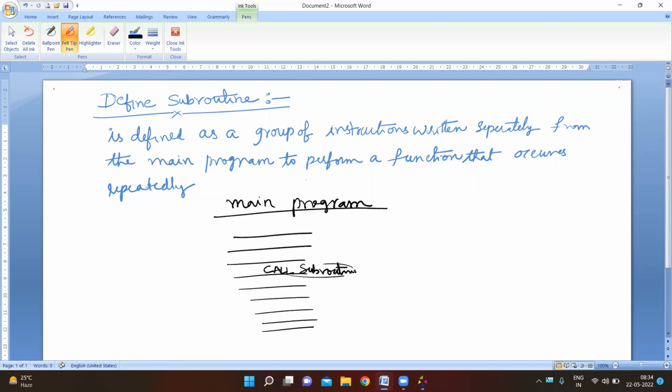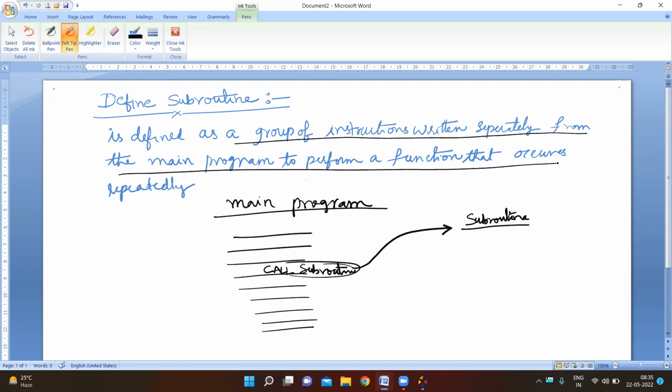We called a subroutine to perform a delay function. So whenever the call instruction is executed, the program sequence is shifted to the subroutine program written separately from the main program. This is a subroutine program, and it is defined as the group of instructions written separately from the main program to perform a specific function